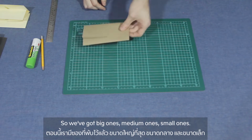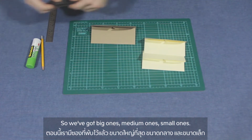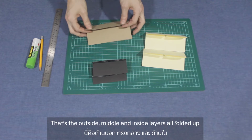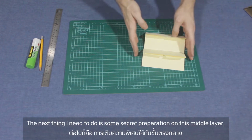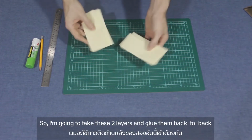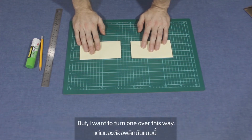And we're done. So we've got big ones, medium ones, small ones. That's the outside, middle, and inside layers all folded up. The next thing I need to do is some secret preparation on this middle layer, and that's why I have my glue stick. So I'm going to take these two layers and glue them back to back,